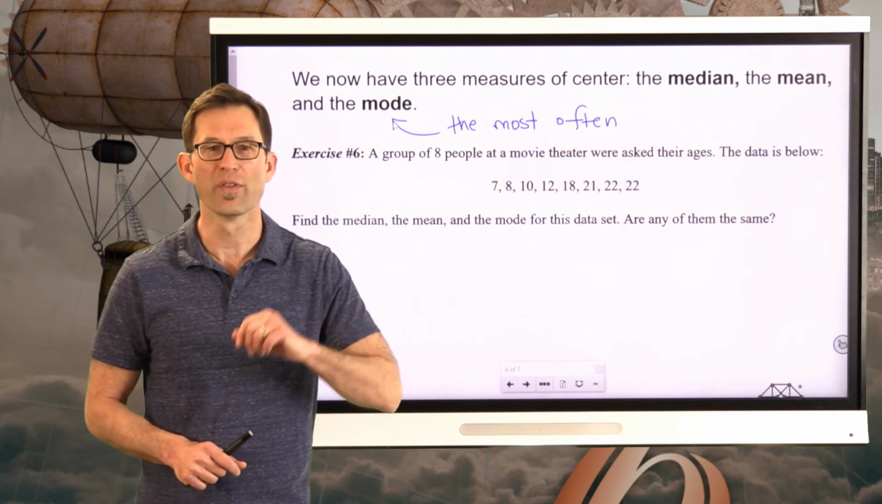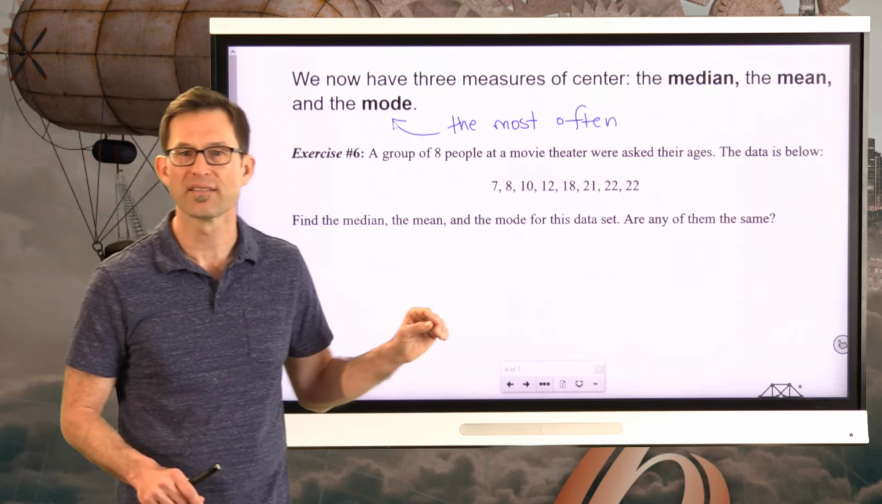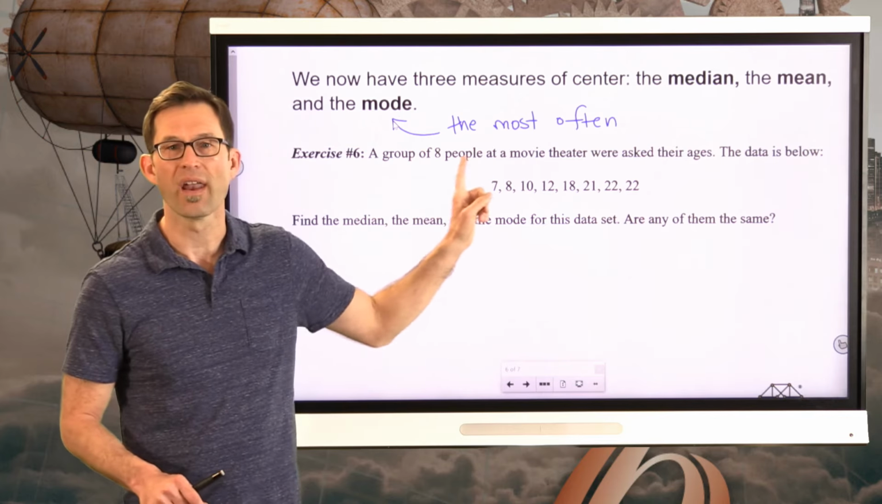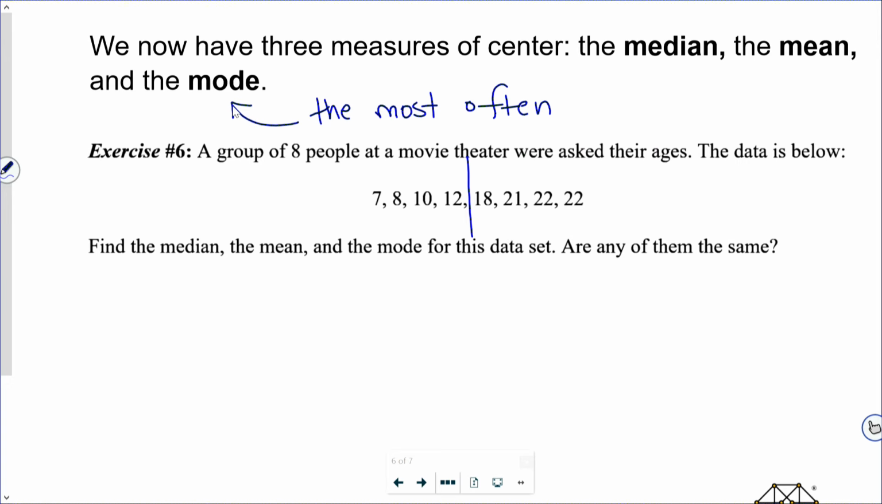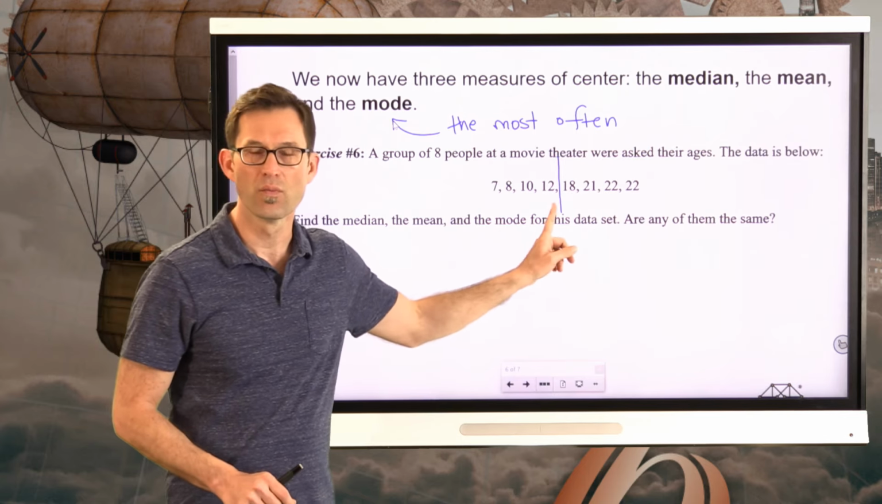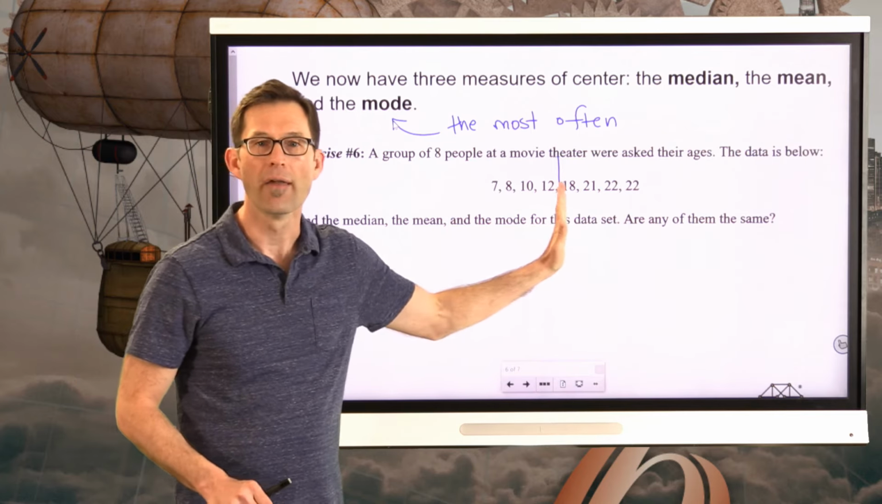All right, I'm going for the easy ones first. Let me do the median first. Okay, it's a little bit tricky, right? Because we've got 8 people, which means that we've got 4 of them, right? There's where my median would lie, because we've got 4 of them below the median and 4 of them above